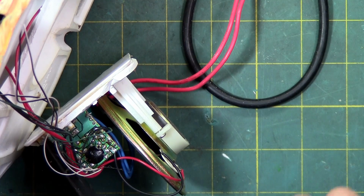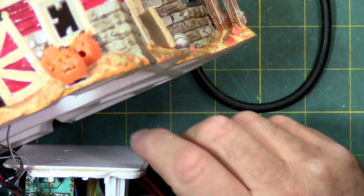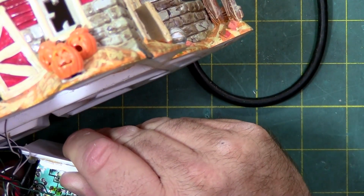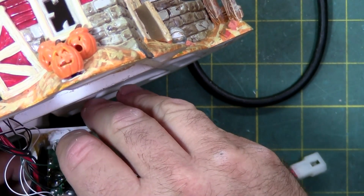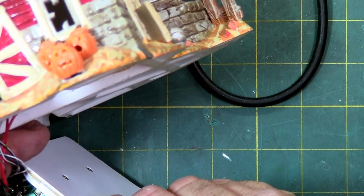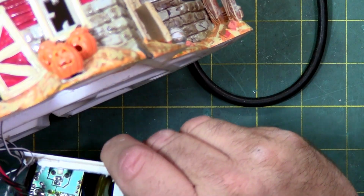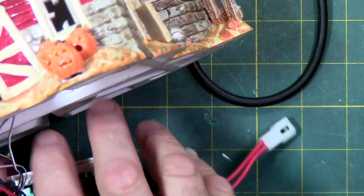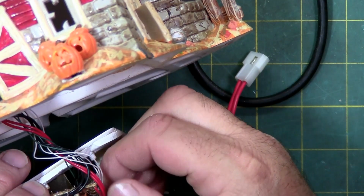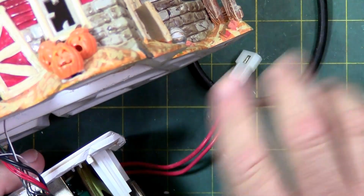But what kind of glue they use to hold this in, and we'll take this board out. And it looks like they just use hot glue on the black pad. It might come out. Is it going? Yeah. They just used a very little bit, or a light amount of adhesive. Luckily, most companies don't use a lot of glue on their circuitry because it shouldn't move. Let's get the...